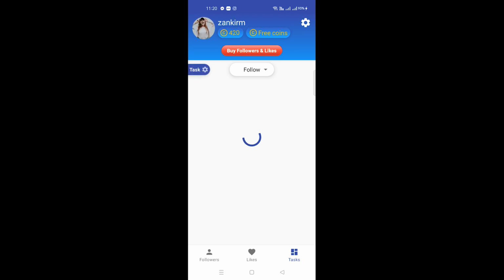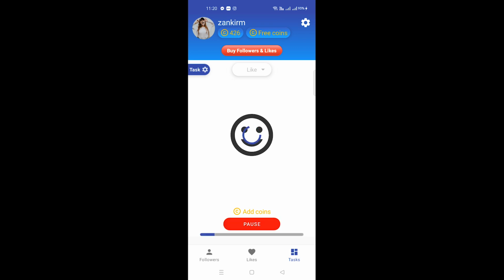Here in this app you can order so many followers. If you create so many fake IDs, you are going to boost your Insta in one day, like for 10,000 followers. Simply what you have to do, you have to click on the start button. It will generate coins automatically for you, and then later you can order the followers. In 1 hour it approximately generates 8,000 coins, so you can order 1,000 followers in 1 hour.